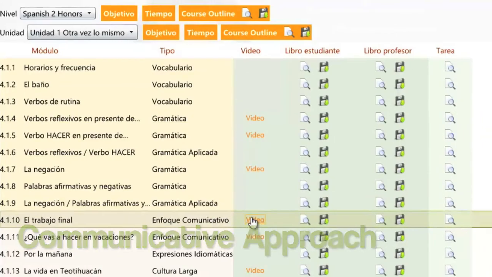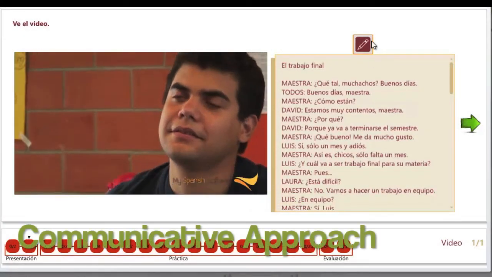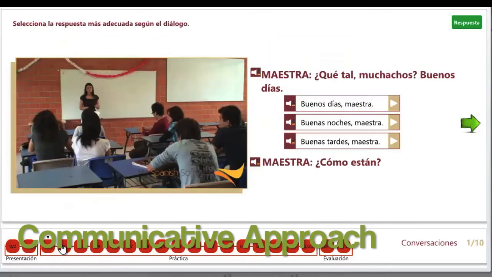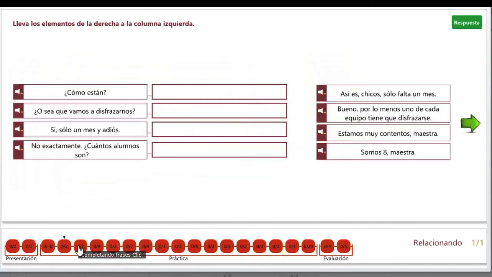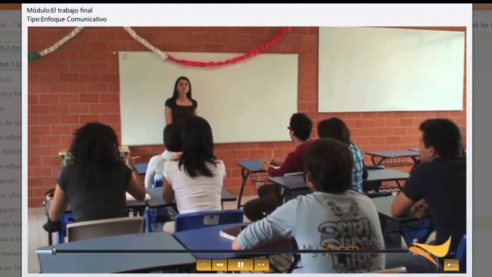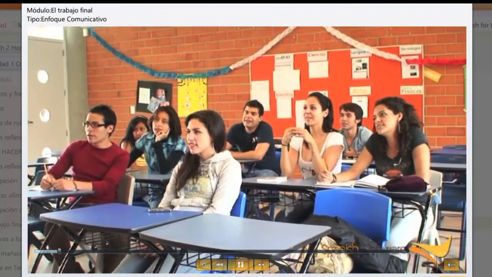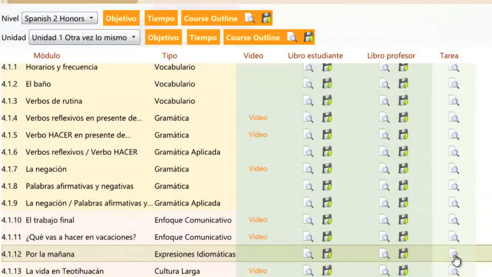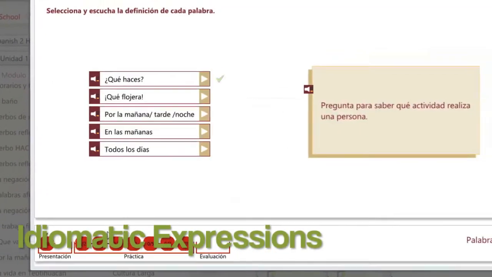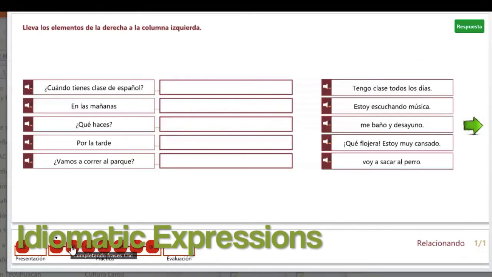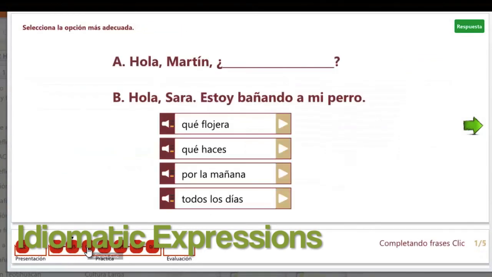We then put vocabulary and grammar together in authentic situations with real Spanish people. Communicative approach modules are crucial because they show how Spanish people interact with each other and how vocabulary and grammar work together. After authentic situations, we make an entire module on the idiomatic expressions that could be used in the unit. Idioms make conversations richer and more meaningful.